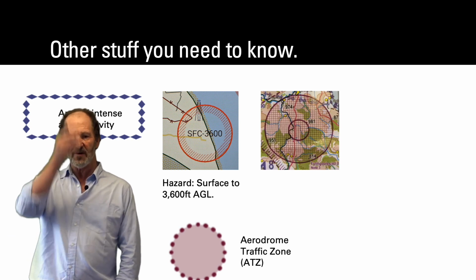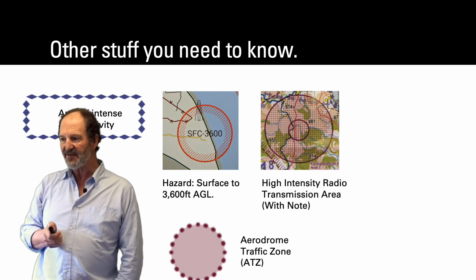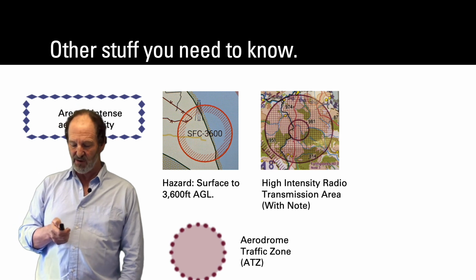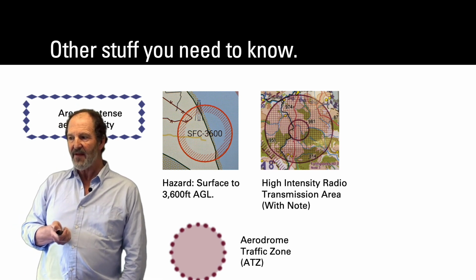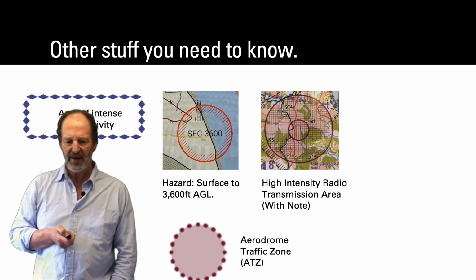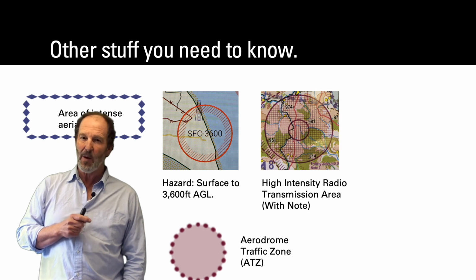This one, if it's got vertical and horizontal hatching, slightly different. That is a high intensity radio transmission area, or a HRTA. They will very often have a note with them. It's a good idea to stay out of them. You are allowed to penetrate a HRTA, however,